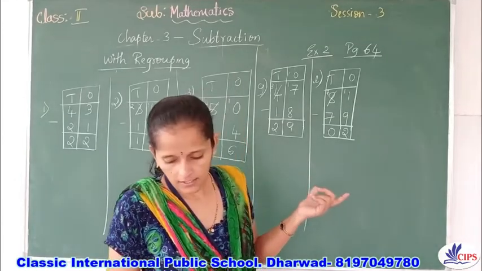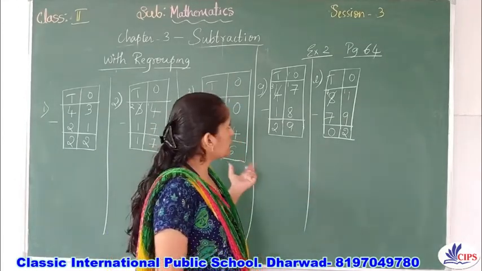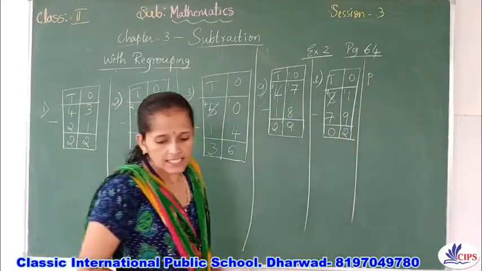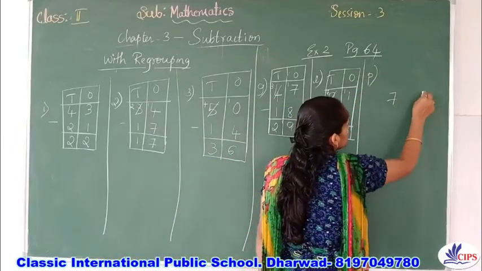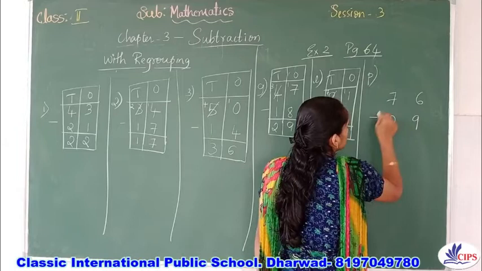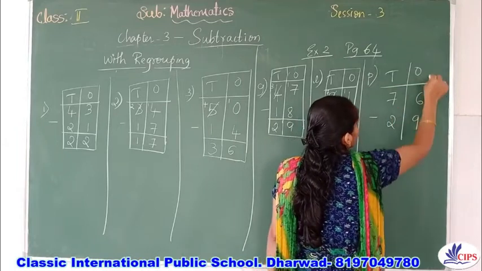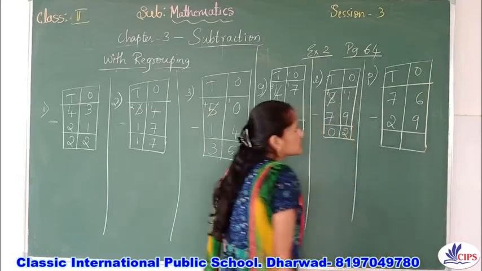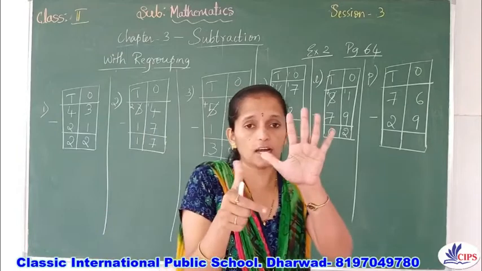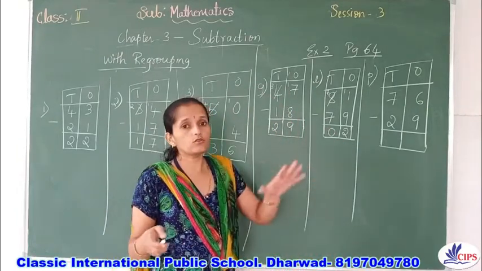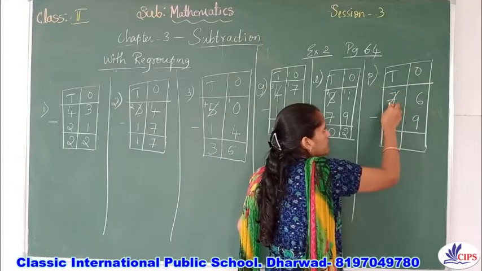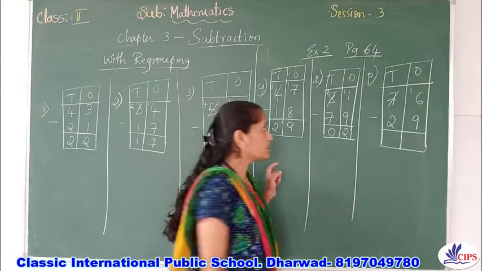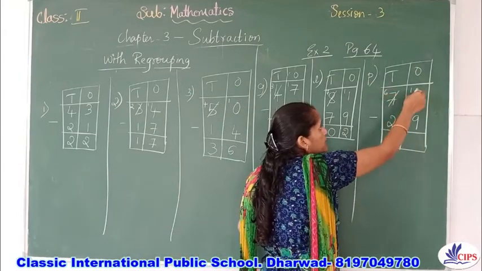We'll do one more. Yes, last example I'll do for you. We have solved 3. Example number P. 76 minus 29. This is from your textbook. Now 6 minus 9, again it is not possible. How to do minus 9? Here also we need to borrow. You again cross out 7. 1 will come here. 7 will become 6 because 1 is already here.